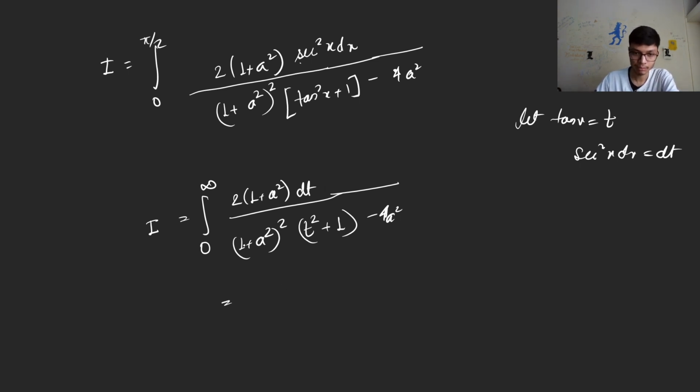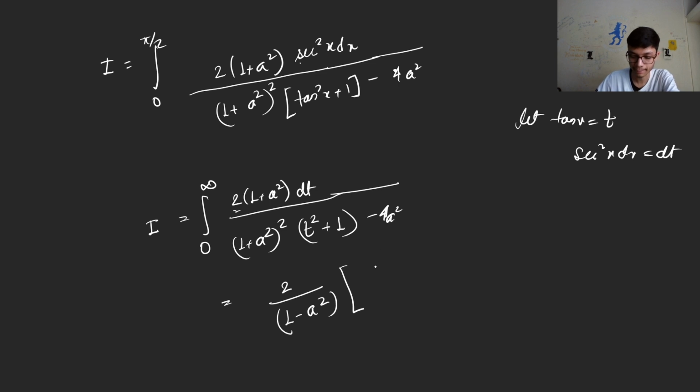I can again simplify 1 plus a square. If I take common 1 plus a square, I'll get the result as 2 divided by 1 minus a square. Okay, you can solve this. If you take 1 plus a square common, this will be divided by 1 plus a square, and then again if you simplify, it is going to be equal to 2 divided by 1 minus a square,